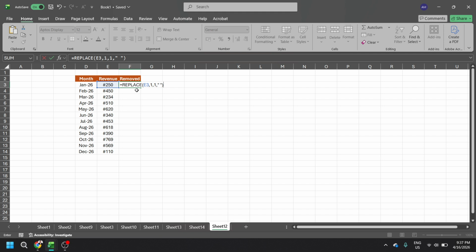Here's what that means. Replace takes 4 pieces of information: the text to change, where to start, how many characters to replace, and what to put in their place. By using 1 as the starting point and 1 as the number of characters, you're telling Excel to target the very first character only. By supplying a space in double quotes as the replacement, you're swapping that first character for